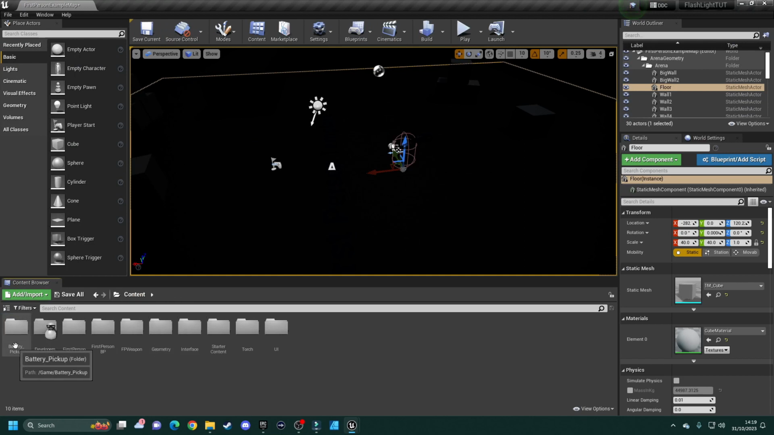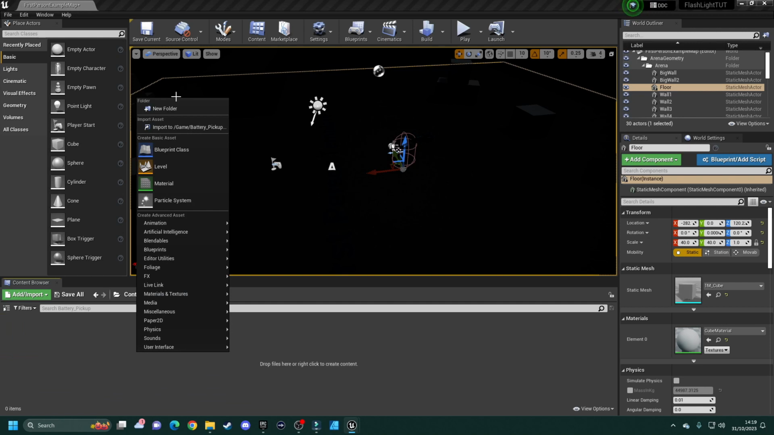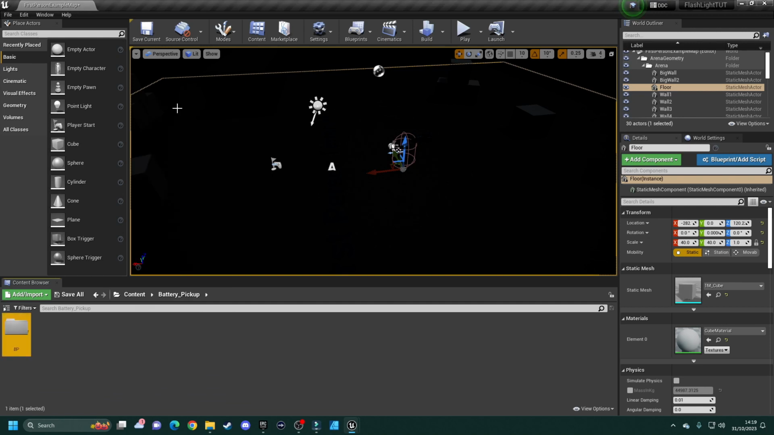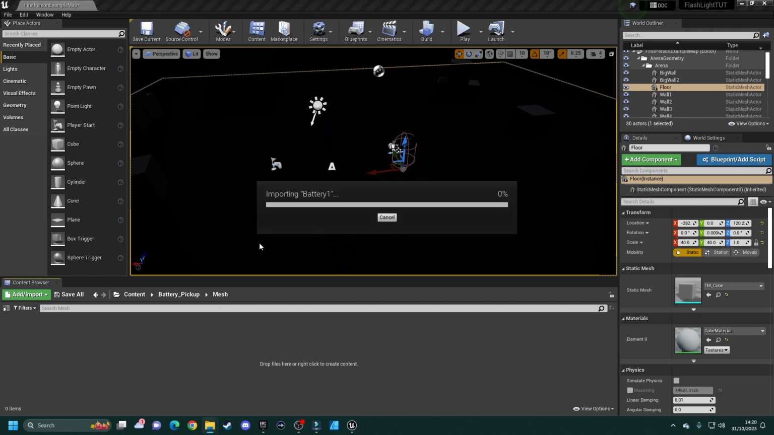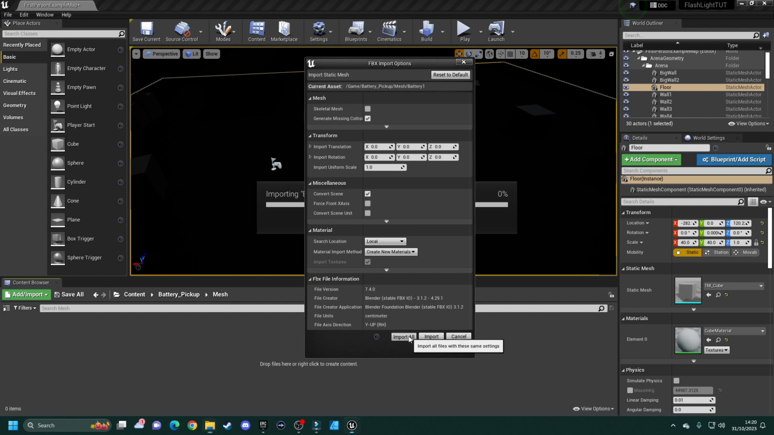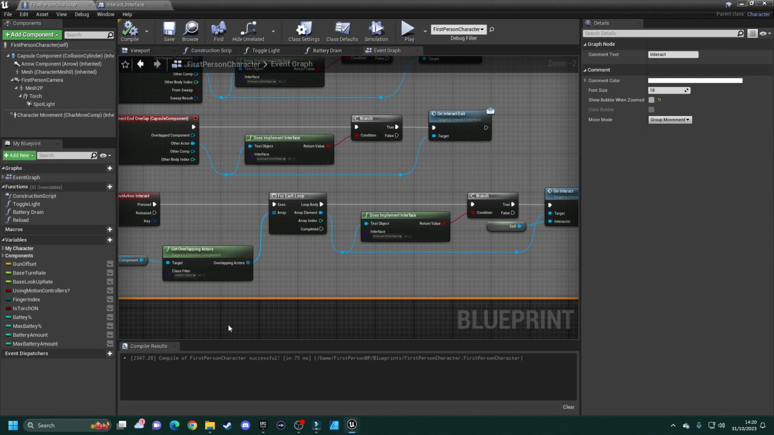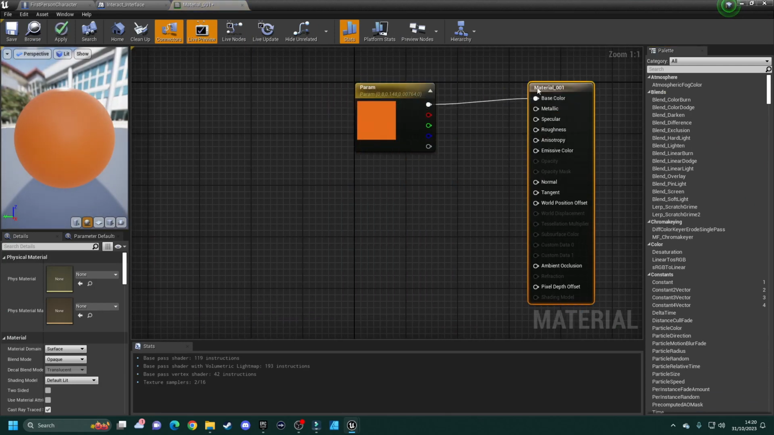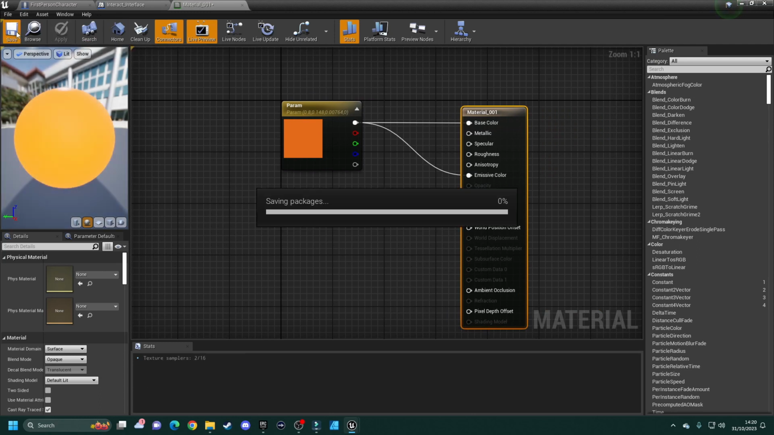So go to your contents page and go into the folder that we made for battery pickups, and I'm going to make a new folder called BP for blueprints, and then one for mesh. This is just because I'm using my own 3D model, but you guys can use it. So just drag that in there, and then import all. And to make it easier to see in the dark, I'm going to change this to have an emissive colour. Just attach that to there, apply, save,